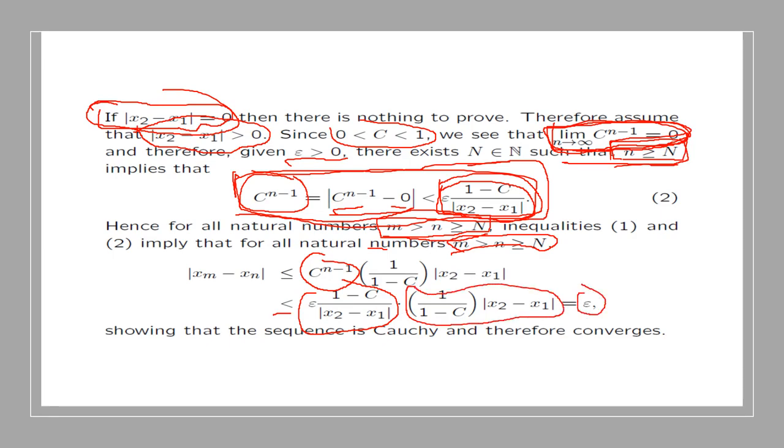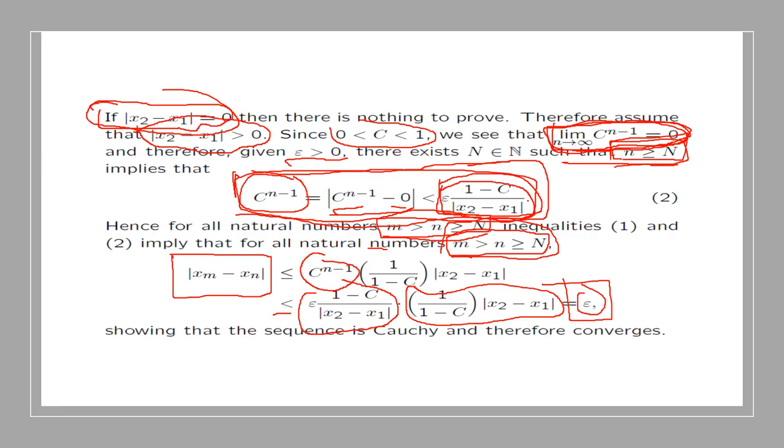So the conclusion is that if m and n are bigger than capital N, with m bigger than n, so if you have m and n, then either m is bigger than n or n is bigger than m. So if m and n satisfy this property here, then the distance between xm and xn will be less than